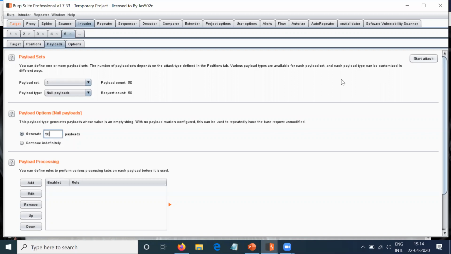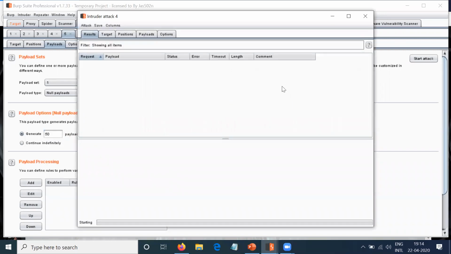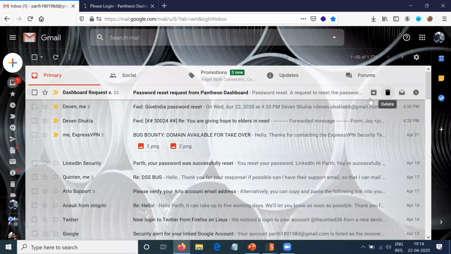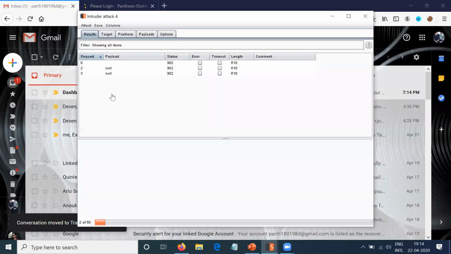I'll start the attack. You see, I've started receiving. So this is how rate limiting works.